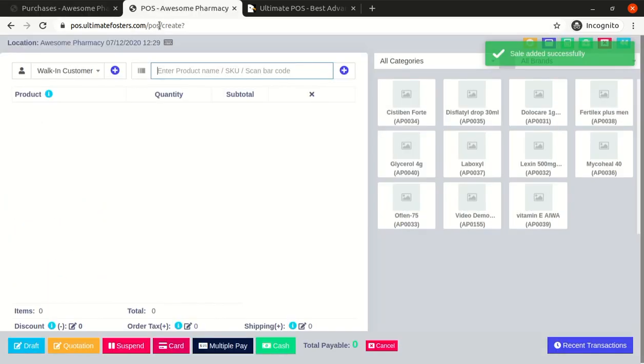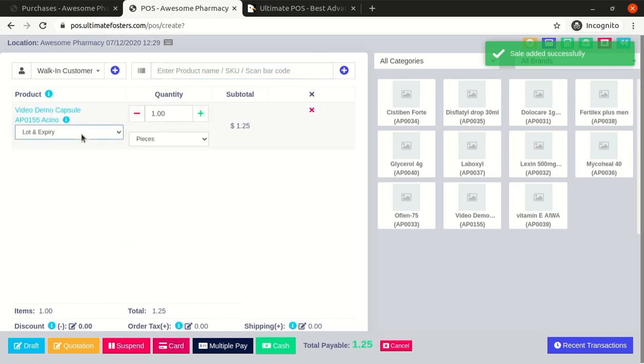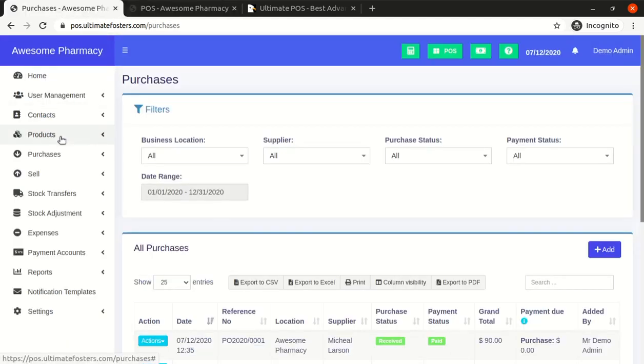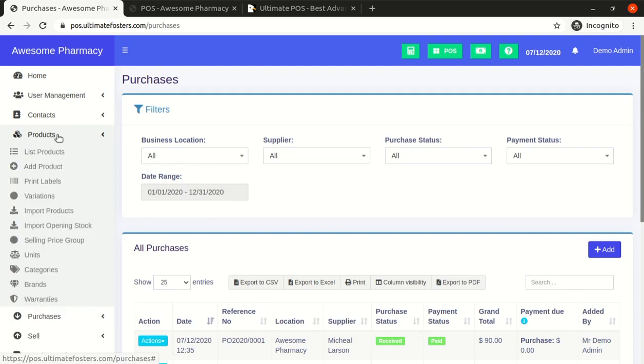So let me go to the POS screen once again and search for this particular product, video demo capsule. So again it is showing me the lot and expiry date here. Now in the stock, let us go to the stock first. So let me click on this report over here.